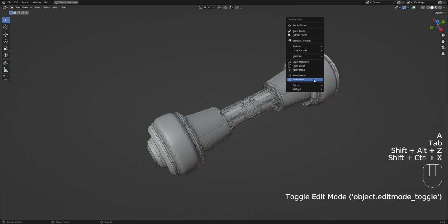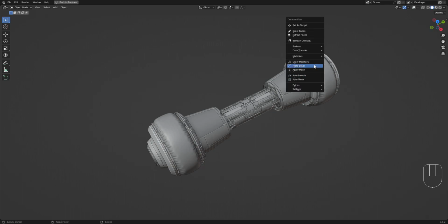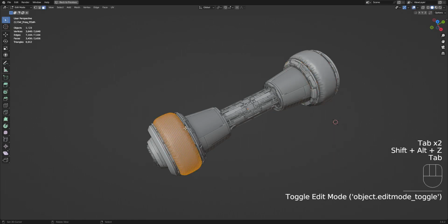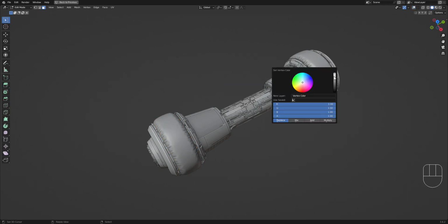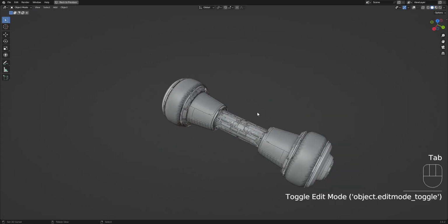Then you can add your grunge details to it. So go to edit mode, and then set. Okay,